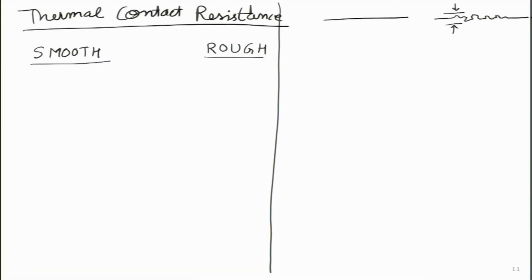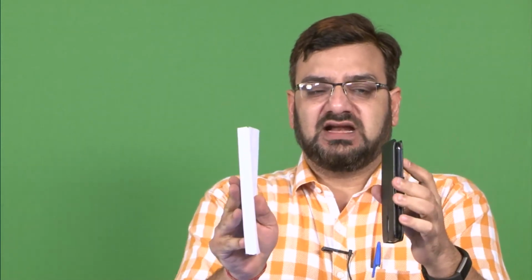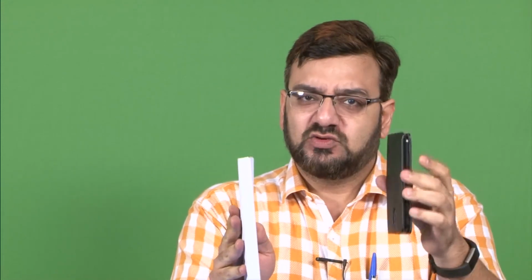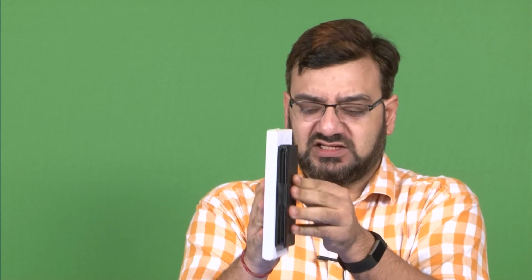Let us say I try to put 2 blocks of the same material together, and by putting them together I mean I have 2 blocks which are currently at some distance over here. So, if I can switch to the camera, what we are trying to say is, if we have 2 blocks which are made of the same material, let us assume this is a copper block, this is also a copper block, they are at some distance apart. Then if I try and bring them together, that is what we are trying to do in this particular diagram. So, let us go back to the diagram.